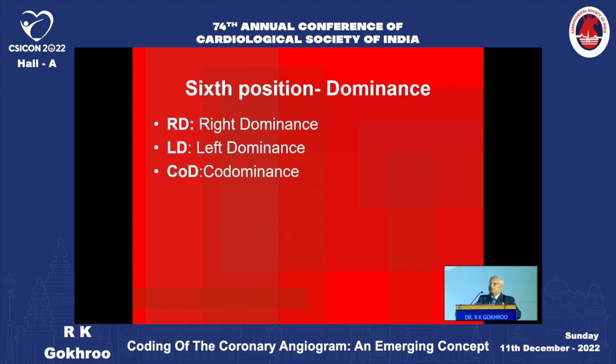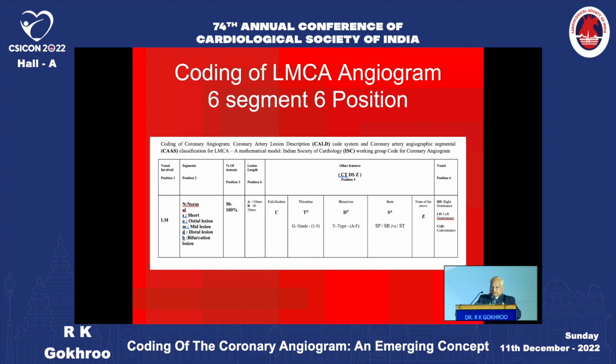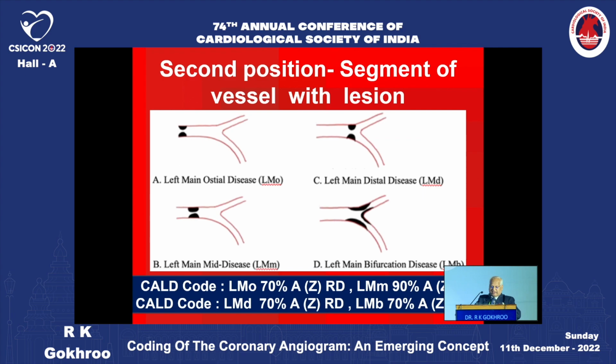In the sixth position, you can write dominance. So this is a single table, you can just write it in a single line. So if you see the first one: left main, ostial, 70%, type A lesion without any associated features, and it's right dominance. So in a single line, if you write it, your mental picture will be there of what the